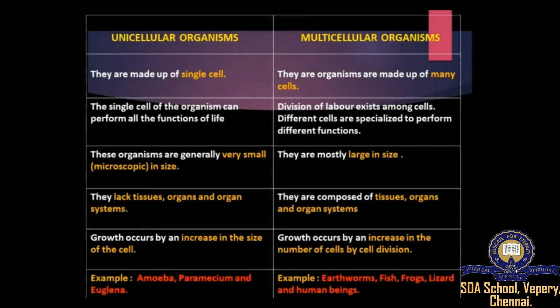Okay, and the growth occurs by an increase in the size of the cell in unicellular organisms, and by an increase in the number of cells by cell division in multicellular organisms. And the examples of unicellular organisms are the amoeba, paramecium, and euglena, and the examples of multicellular organisms are earthworms, fish, frogs, lizards, birds, and human beings. Okay,